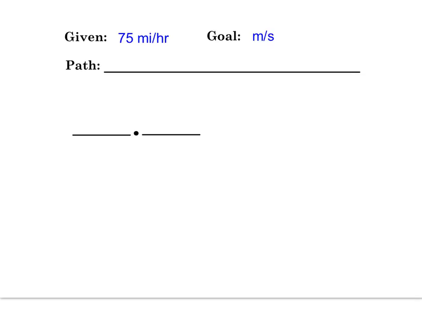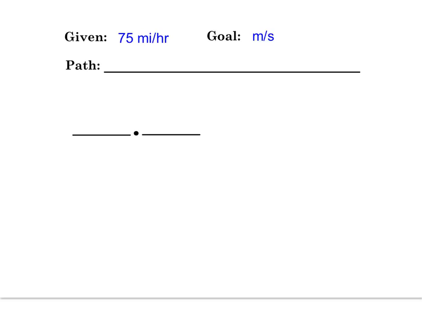Alright, I figured if we're going to do dimensional analysis number 2, we may as well just jump right into the good stuff. So here, we are given 75 miles per hour. One thing to note, this is different than what we saw in dimensional analysis number 1. Now we have a unit over a unit. Before, we may have seen something like 75 miles or 75 hours, but we never saw a unit over a